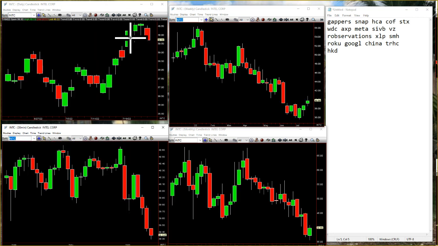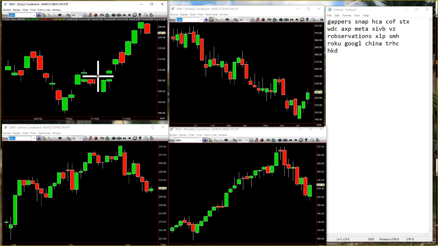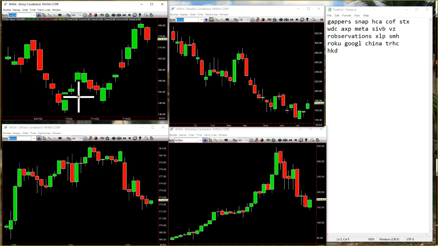and Intel takes the inside day down, so I put SMH in there, potential shooter here in a week. I put SMH in there even though it's still an inside day just because a lot of tech was getting hit, and so we might get some acceleration on some selling in the tech if you can take that out, and that would be 226.28. If we can take that out, we might get some more acceleration out of those guys, and that tells you NVIDIA here is already a 2-2 reversal on the day. Once again, if that really backs off, you can get set up that rev strat here,